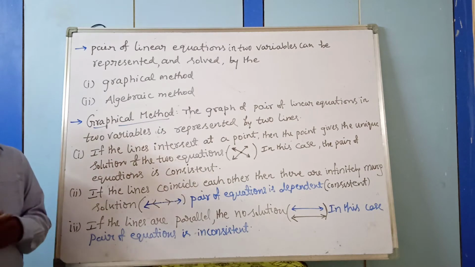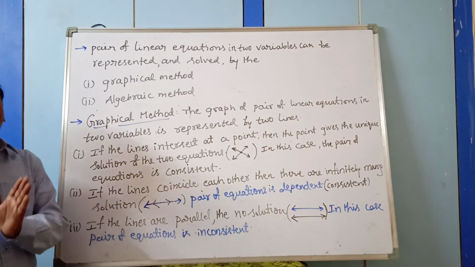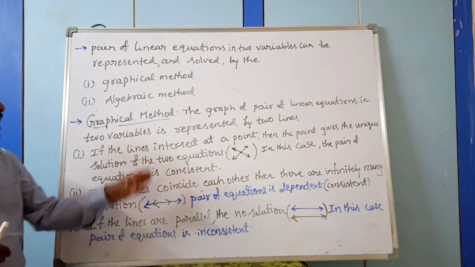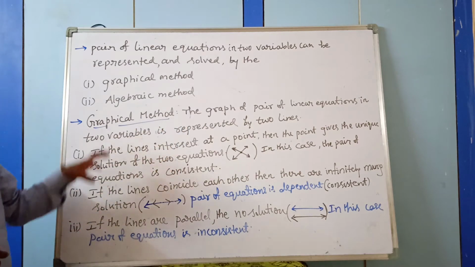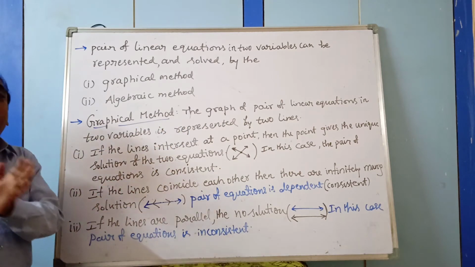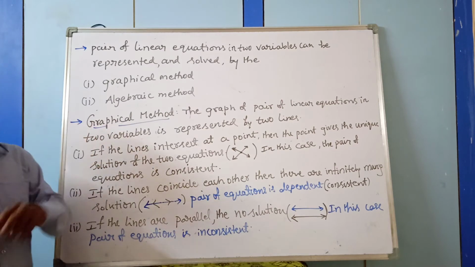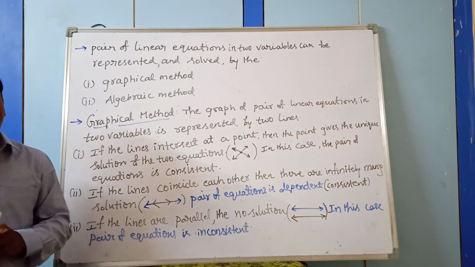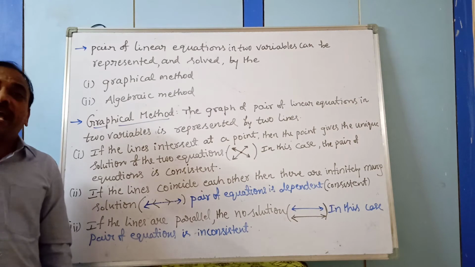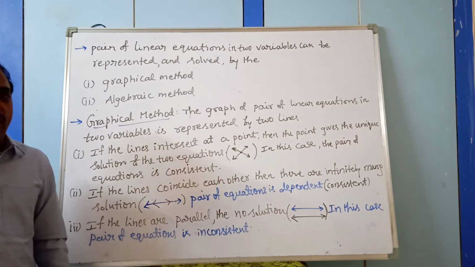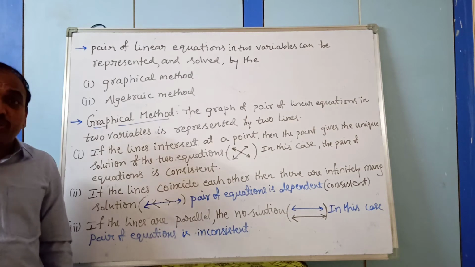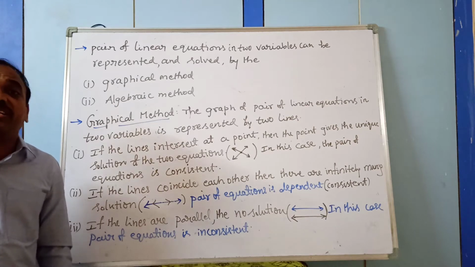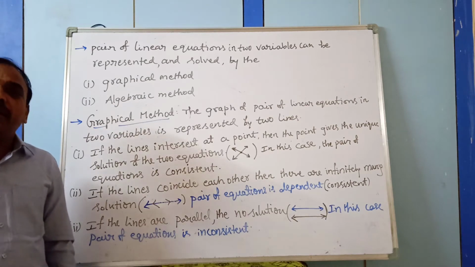Now we see what methods we have. Step by step, we go graphically as well as algebraically. So this is about the graphical method, with the points. When we use the graphical method, we need to plot the points on the graph sheet. Before going to the algebraic and graphical methods, I will show you how to find out whether they have a solution or not. That is very important: by comparing the ratios of the coefficients of x and y variables of both the equations, including the constant values.